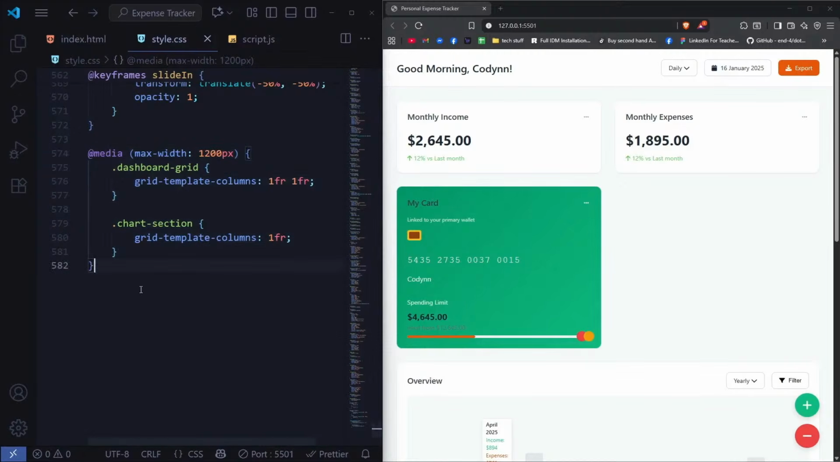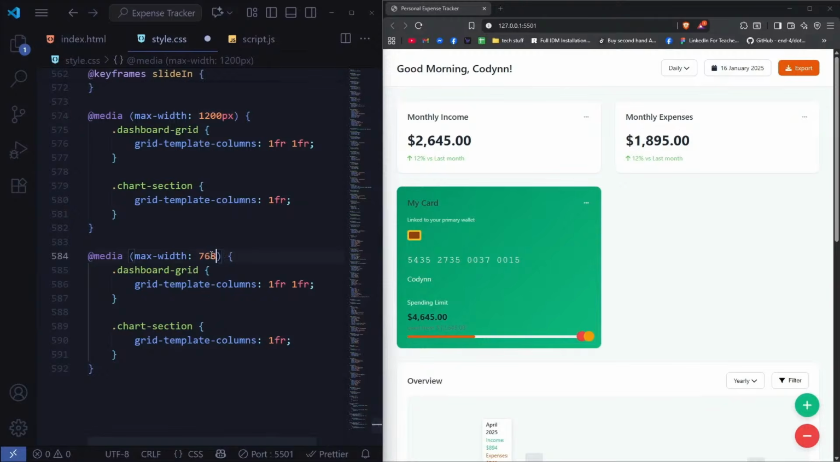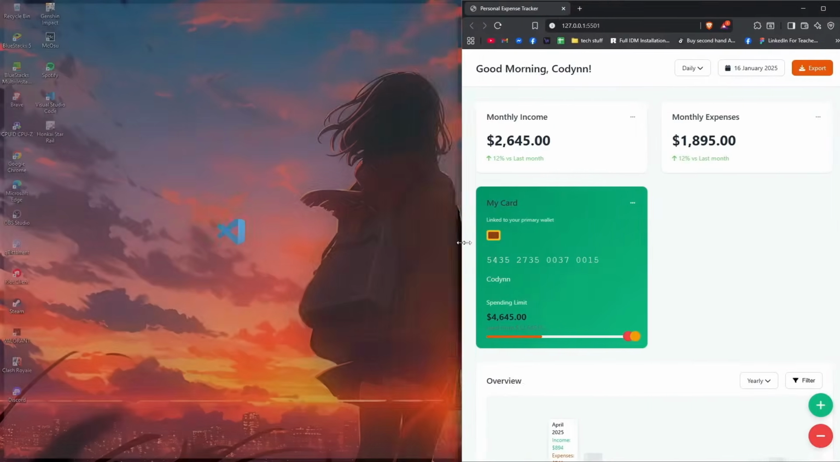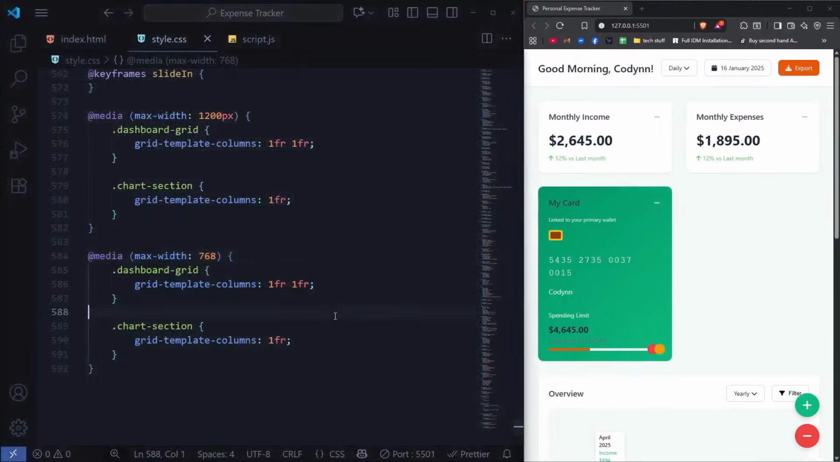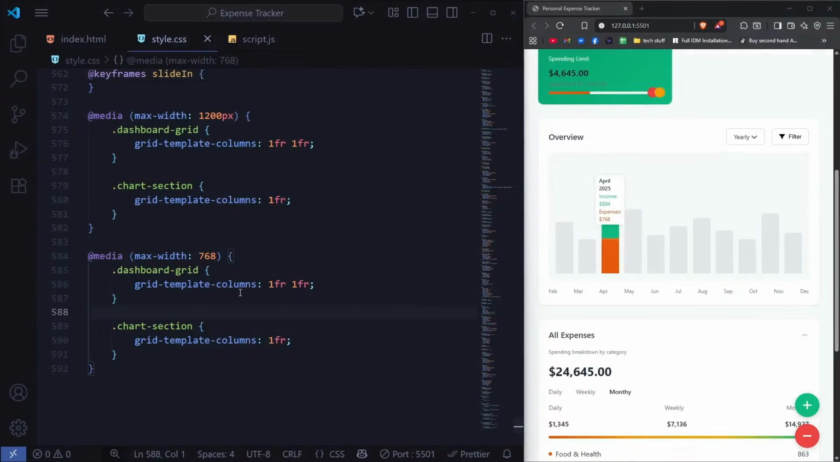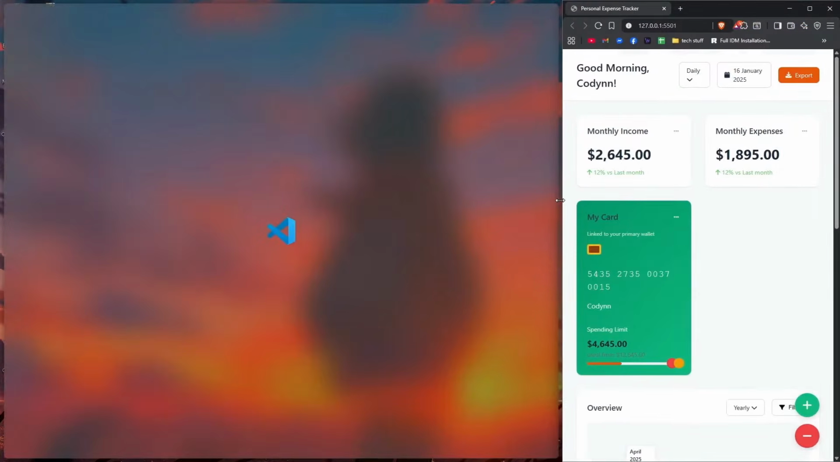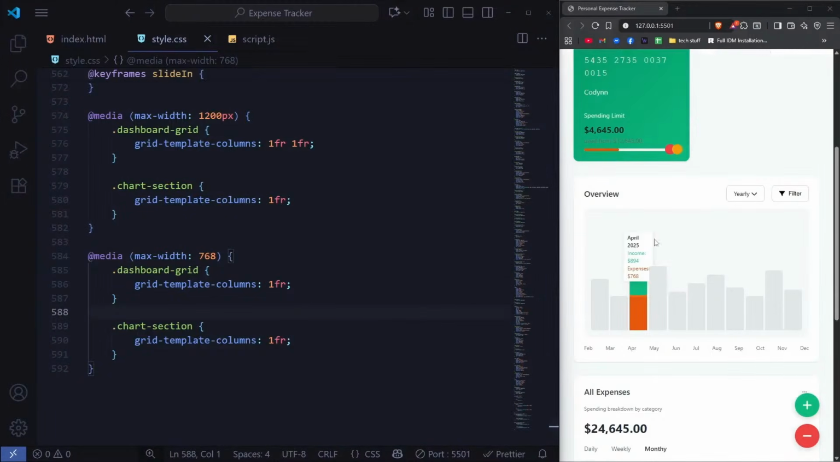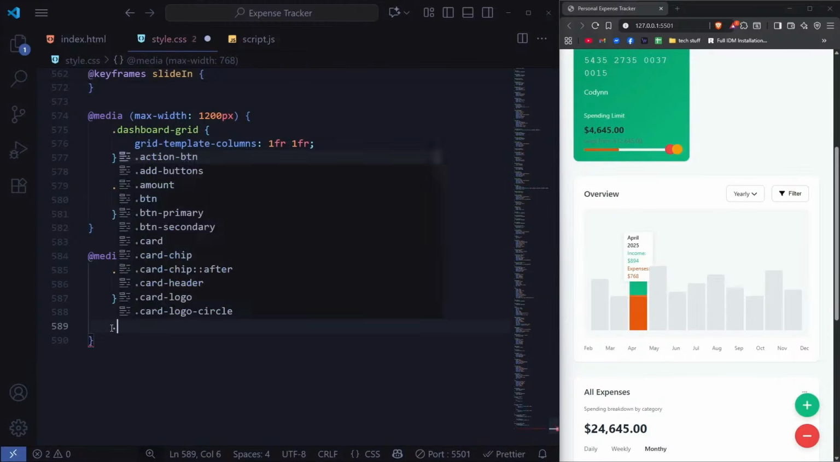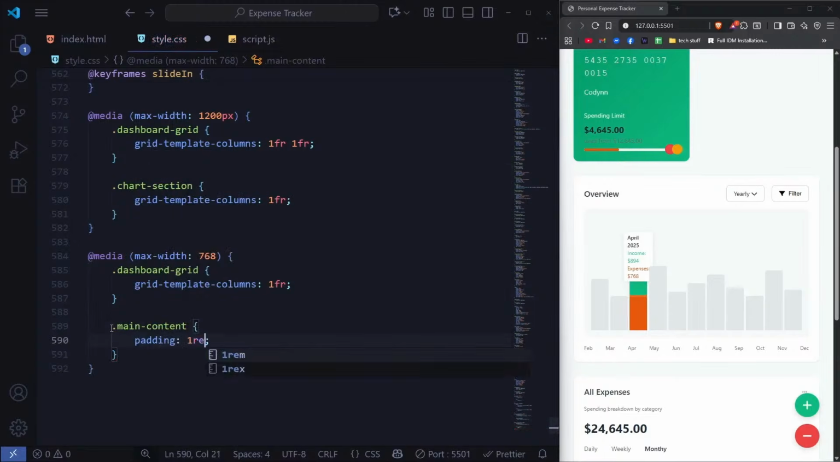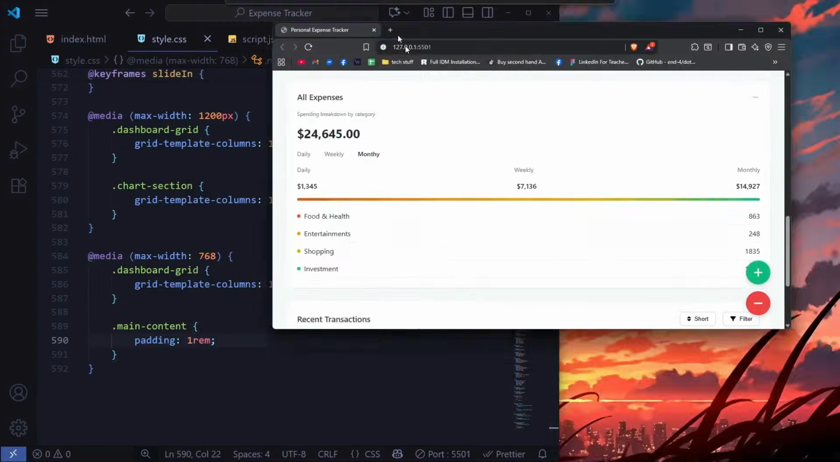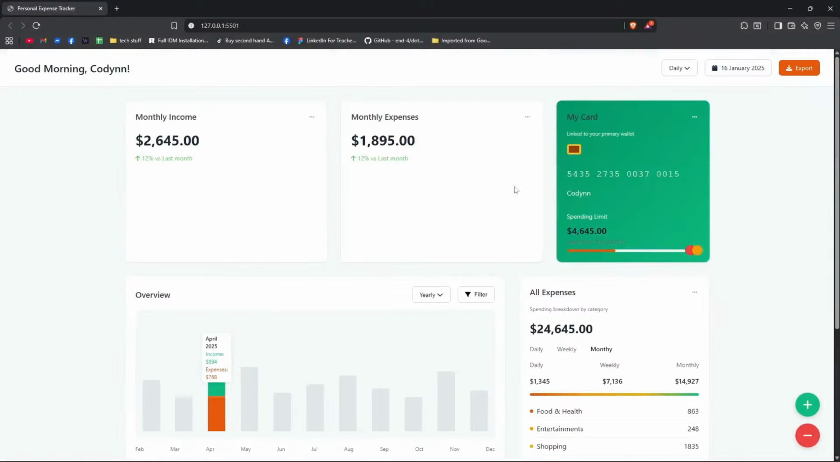Now next for the 768, so I'm just going to do 768 here. Make it a little bit smaller, making sure it's 768. And now what I can do is for this, I will change that to 1 fraction. It's still not 1, just like that. Dashboard grid set to 1 fraction. Next, I don't need to do anything else, and do main content. Set that to padding 100. And yeah, it's responsive. It might not be responsive for bigger screens,